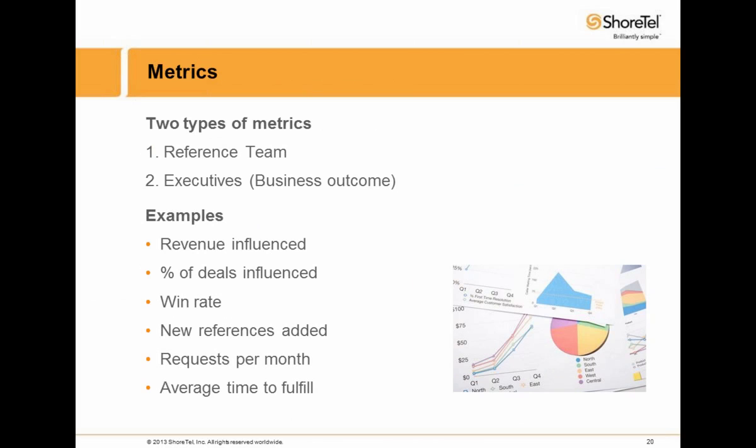Or just looking at the total number of deals that closed and trying to target an increase in the percentage that included customer reference assets in some fashion. Maybe it's 25% today and you want to push it up to 40 or 50 or 60 or higher. The win rate. We have one client that did a study and showed that when references were used, the probability of winning the deal went up by 31%. So that's another way that you can track things.